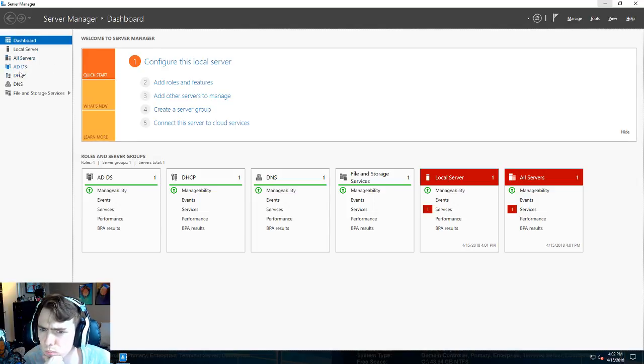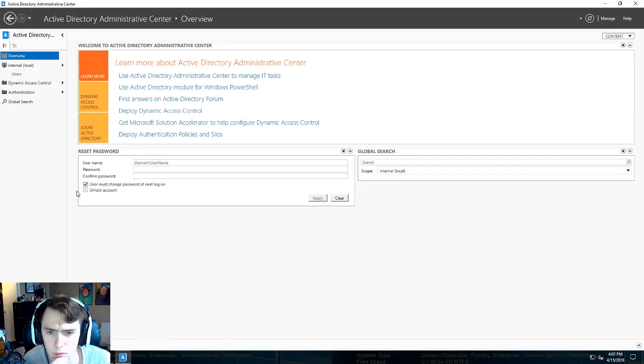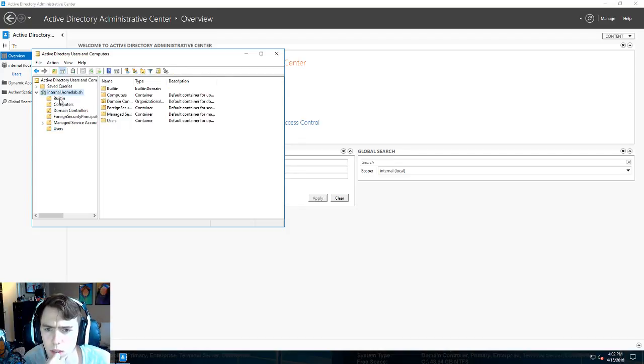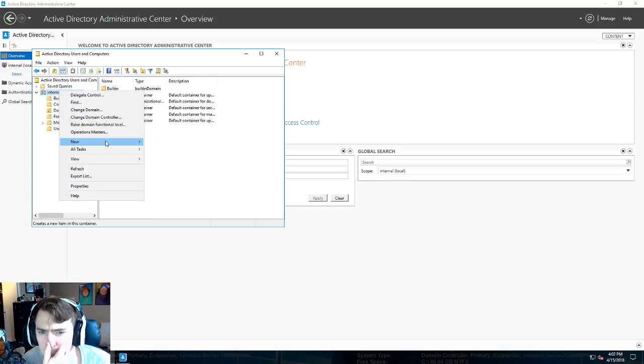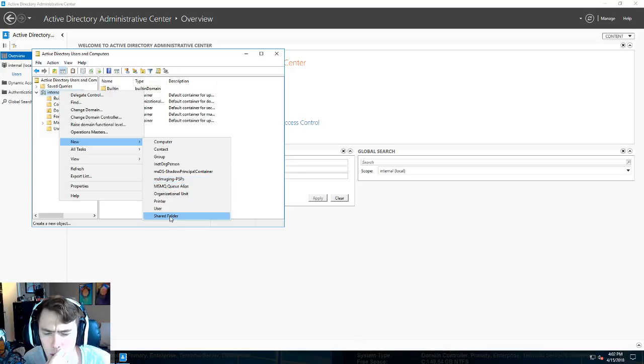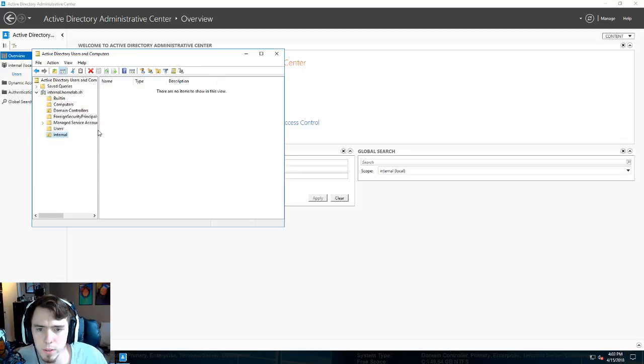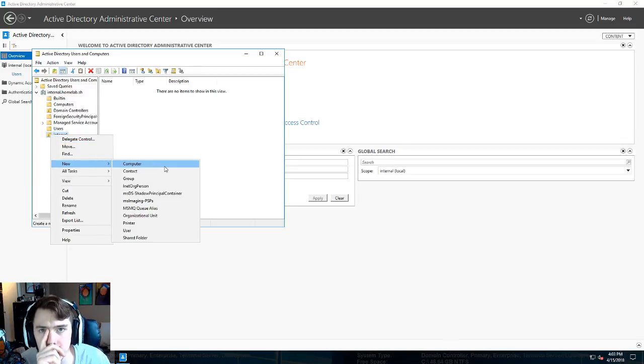some users and stuff. And let's make a. This is our. Oh, that's our domain there, internal.homelab.sh. Let's make a new OU, just to make it so it's easier to navigate. And we'll call this, I'll just call it internal. It's going to be the whole domain OU, and then inside this OU we're going to make a